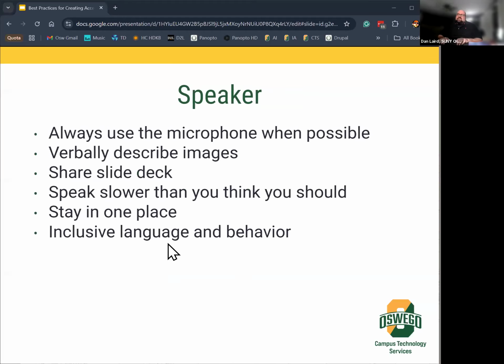And some of the things to keep in mind as a speaker. I know a lot of us don't like using the mic, and I get it. Some people don't like hearing their own voice, but if you want everybody to be able to hear you, if you want to get your point across, if you want to make sure that everyone's comfortable, use the microphone if it's available. Even if it's just a normal classroom and it's available, you should just use it.